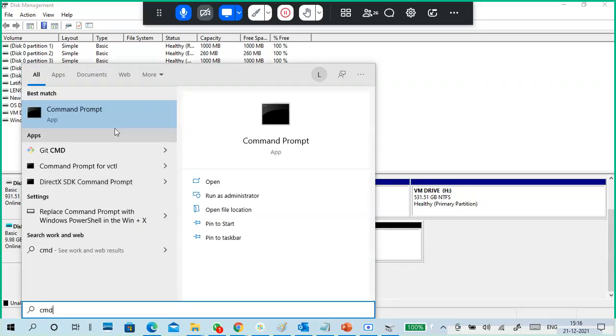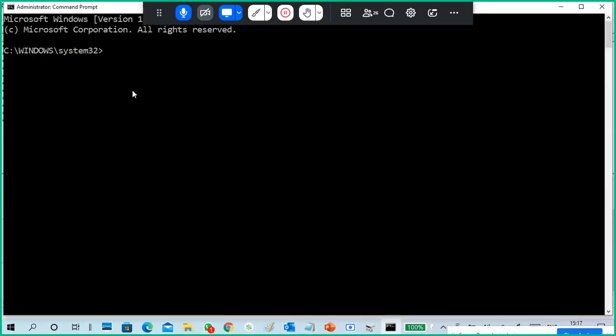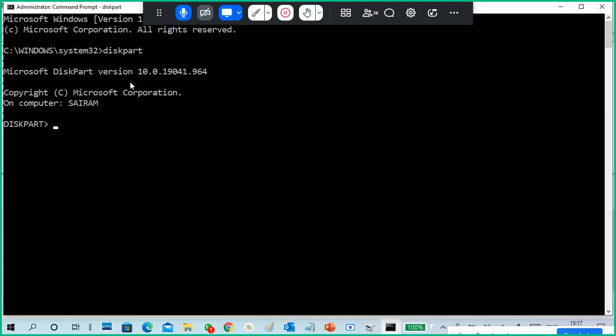So, this part is a command. So list disk.